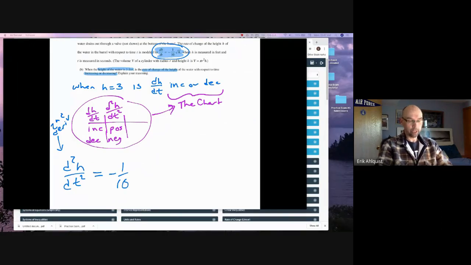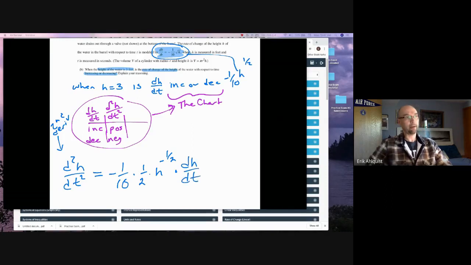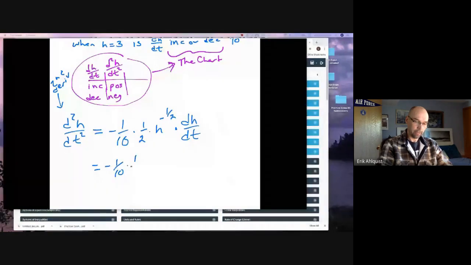We don't change it. And then remember that this equation is -1/10 h to the 1/2. So if we differentiate that, we drop the power down. We reduce the power by 1. But since we're differentiating with respect to time, we put that in there. Okay? Well, notice that is that equation that we were given, that dh/dt. So we actually could rewrite this as -1/10 times 1/2 times h to the -1/2